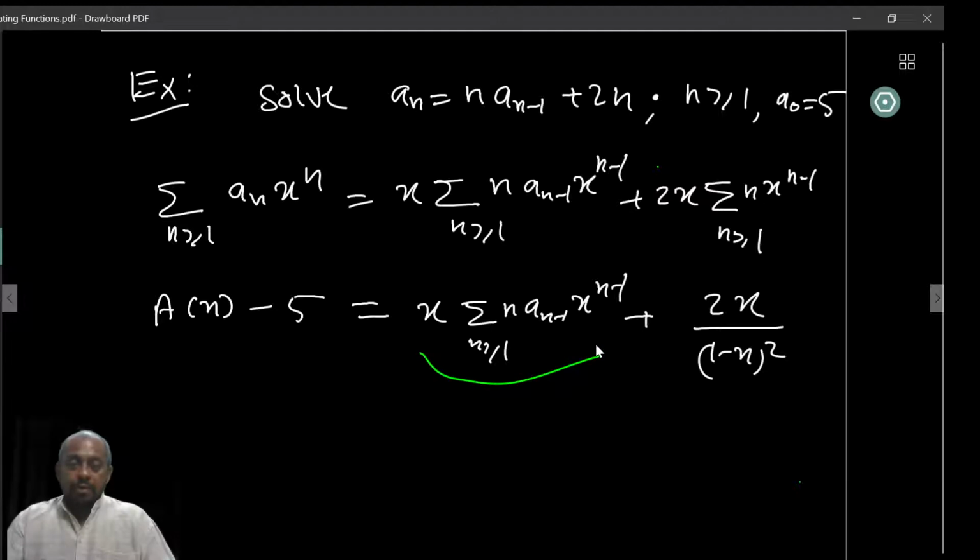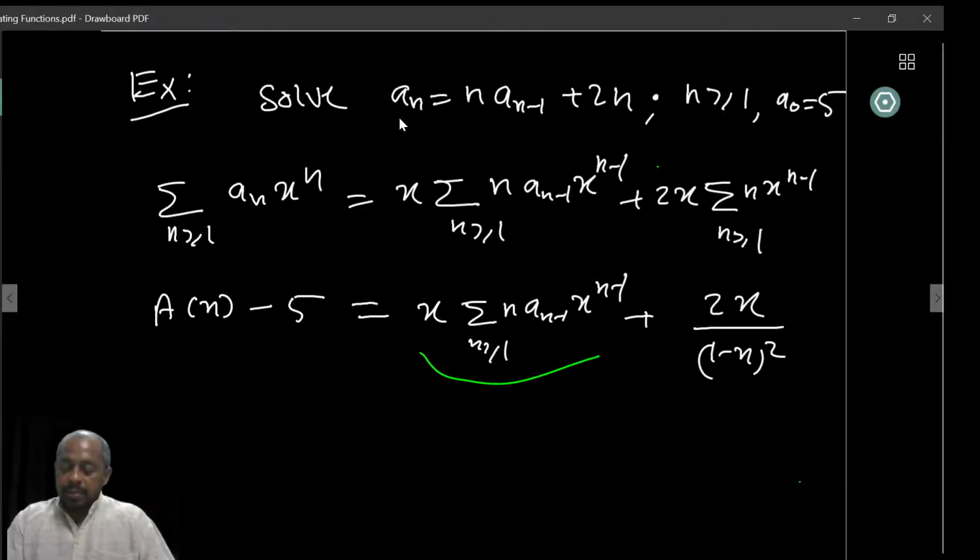But now the question is, what do we do with this term? What do we do with the middle term, or the first term on the right side, where we are not able to write this in terms of A(x)? And why is that? Well, that's because